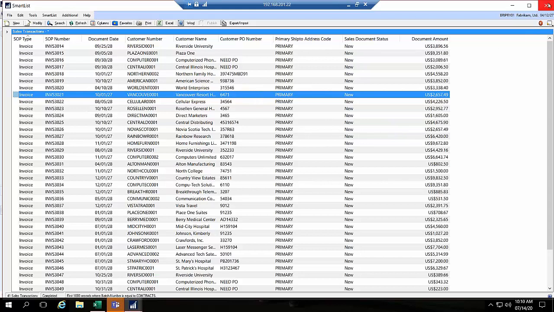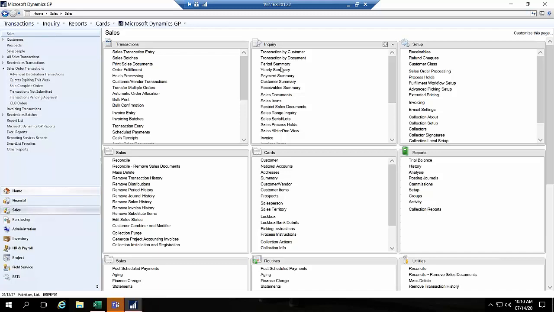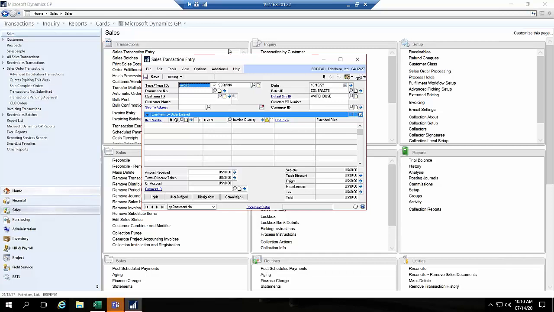Okay? So you always have that option to use either or. However, the main thing to remember is that an edit list will only show you what's ready to be posted along with its distributions, and a batch list will show you absolutely everything inside of the batch. Okay? Now, since we're talking about entering transactions, if we have customers that require to give you a PO number